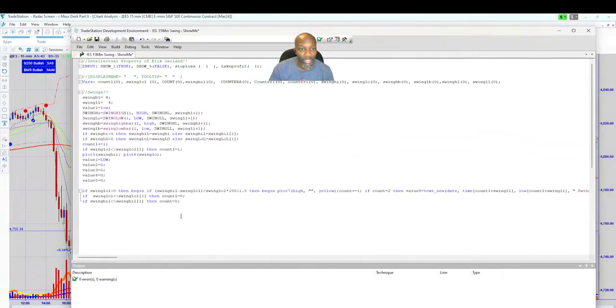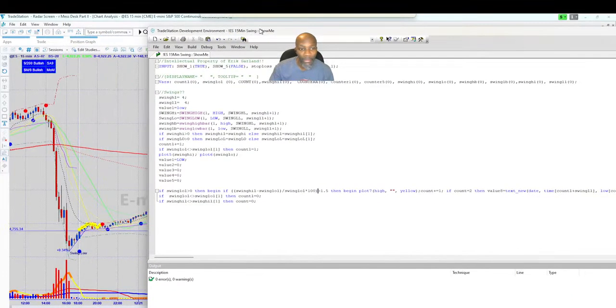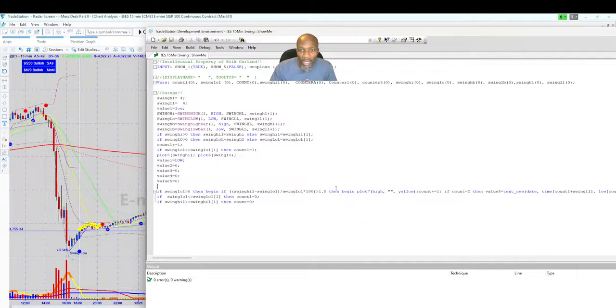I don't know if this is necessary, but I don't think it is. But we're gonna put this here in parentheses, just so we know that it's this that we're comparing to 1.5. Okay, so that didn't do it. All right, so if that move is greater than 1.5,